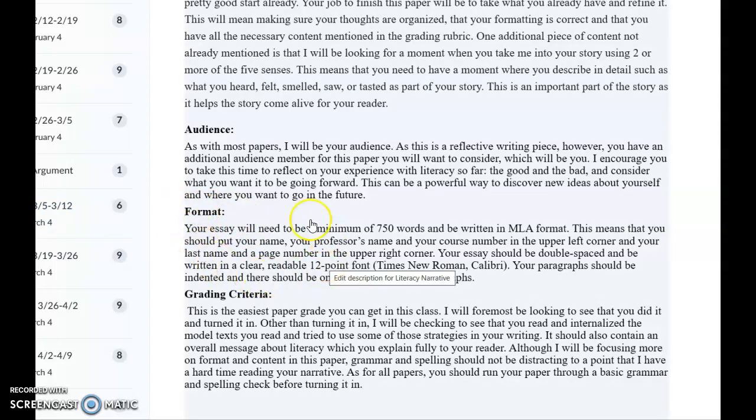The format, that's the way the words are arranged on the paper. It needs to be at least 750 words in an MLA format. I go into detail on how to do that in another video, but I do give you a little bit of an idea here. Grading criteria,